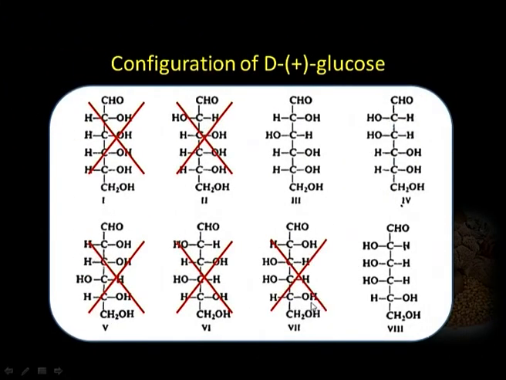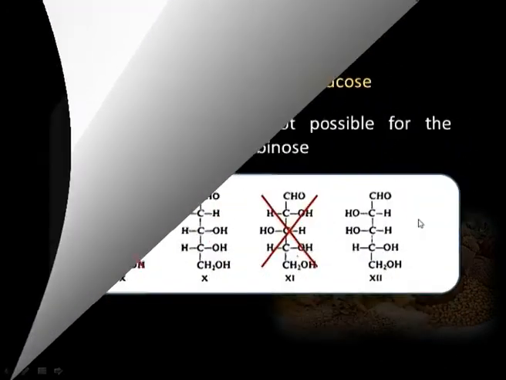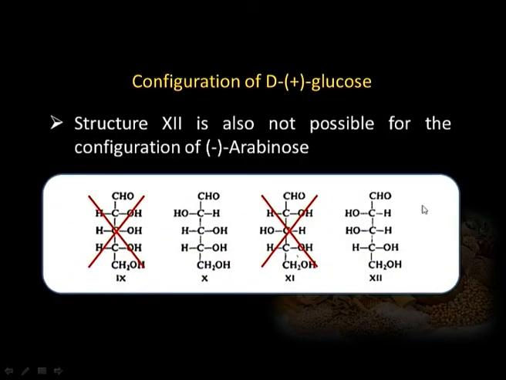So, 7 cannot be, 8 cannot be, because this is going as a pair, they are not representing the glucose mannose pair. So, we are left only with 2 possible configurations, one for glucose, the other for mannose. Now, this was again confirmed on the basis of a reaction, but before going to that, from this we can analyze back that this structure 12 on Kiliani-Fischer synthesis would give the configurations 7 and 8.